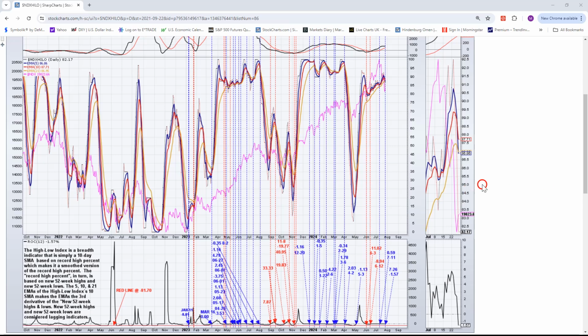The NASDAQ 100 high-low index, NDXHILO, shows the 5 blue EMA crossed under the red 10 EMA on Friday at 1.57 on the ROC 12. And this is getting quite difficult to make the call to short or not, especially as we have the pair trade